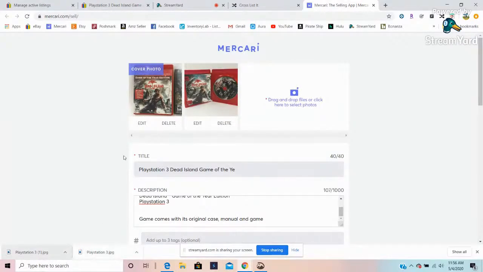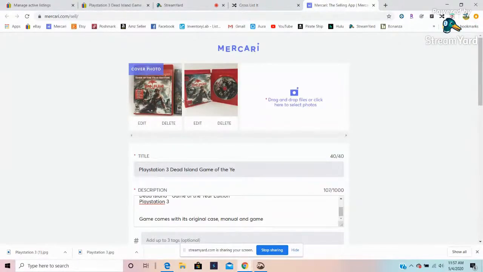So I just drag and drop the pictures into my listing. The thing with Mercari is that you have to remember to drag your very first photo, the one you want as your cover photo, first. If I was to click on this and go into my hard drive and click all the photos and drag them over, it actually does not allow you to click and move the position of the photos.